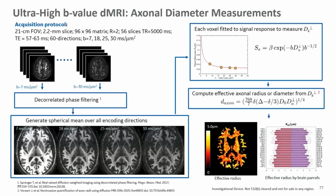And there's two ways that we've played with so far for presenting this data. One way is with a voxel by voxel color map, just like this, ranging from 0 to 5 microns for what we estimate the effective radius to be. The other way is by these brain parcels. You can see 22 brain parcels. This is for the left hemisphere, that's for the right hemisphere, and these are average effective axonal radii in those